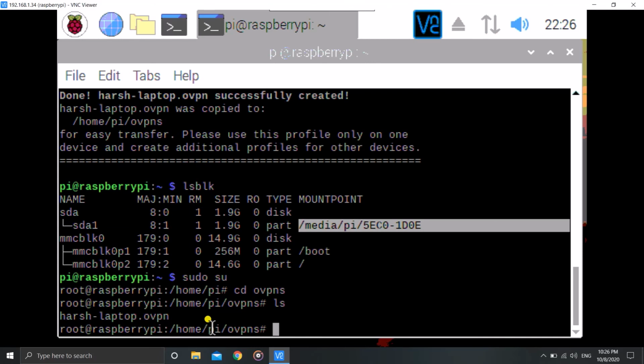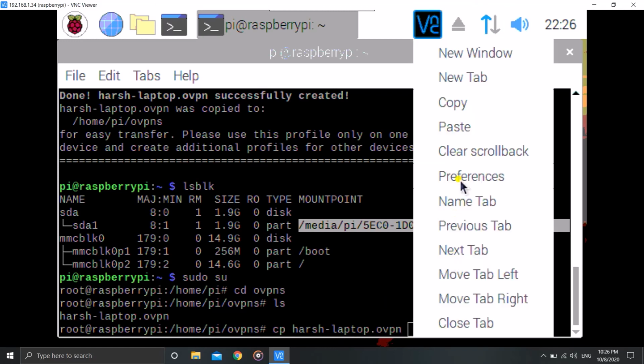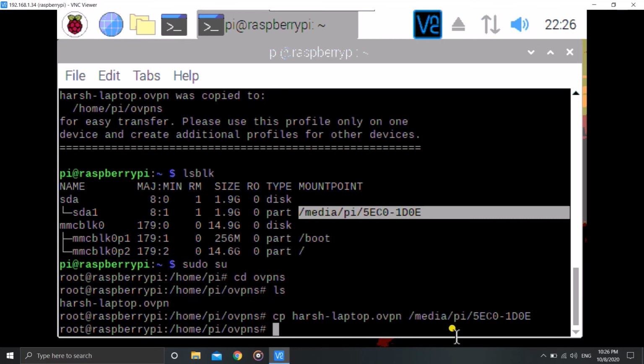You'll get Harsh-laptop.ovpn, so we'll do cp, copy, that is Harsh-laptop.ovpn, and then the location where we'll paste it. First should be the name. You should be at the location where the file is, then cp, then the file name, and paste. That's the thing. Now as you can see, it's successful.